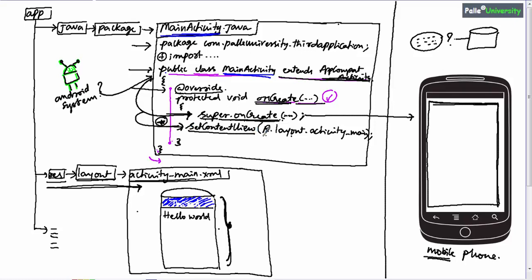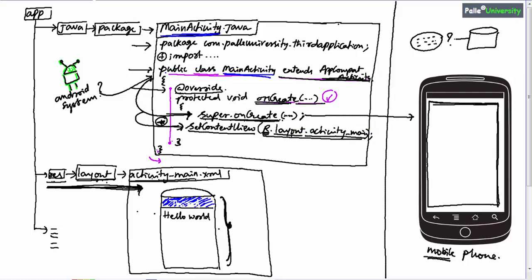Observe what is there within the setContentView. Before starting Java code, I told you to remember this folder structure of your screen design. Your screen design name is activity_main.xml, which is in the res and layout folder. Read in this direction, resources.layout.activity_main. Now read this: R for resources dot layout dot activity underscore main.